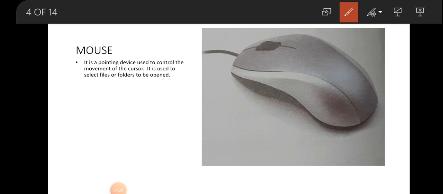Next input device is your mouse. You all have used a mouse. What you do with the help of the mouse is you control the direction of the pointer on the computer screen. And whenever you require to open a file or folder, you simply place the cursor on that particular file or folder,